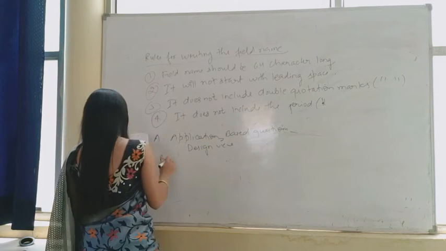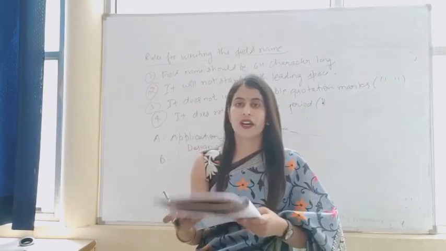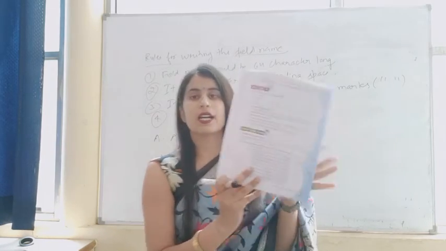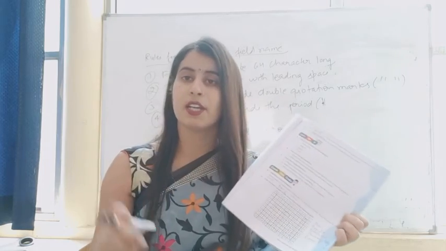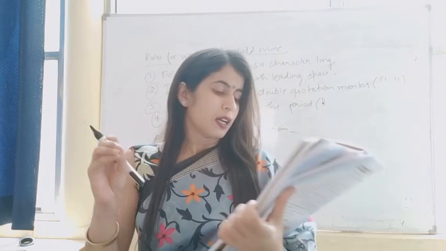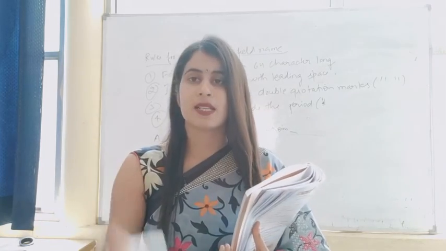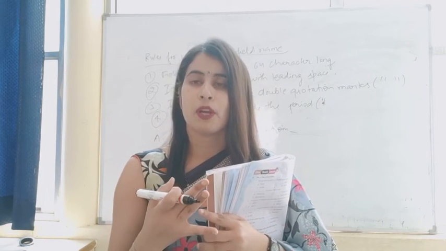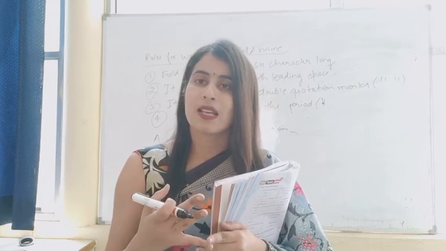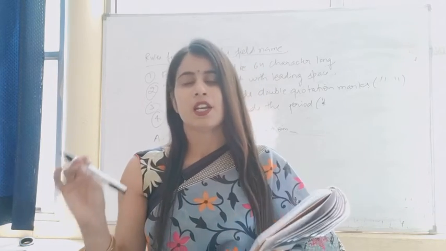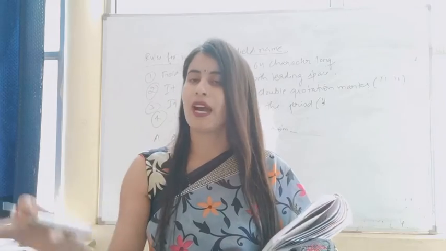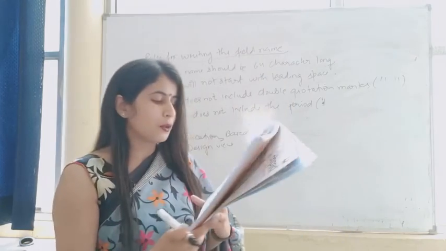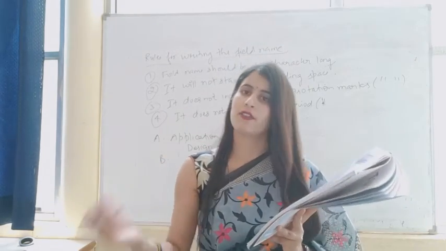Okay, now in the next part we have to find 6 terms related to MS Access 2010 in the following grid. Here a grid is given to you. Okay, in this grid you have to find out the terms that are related to MS Access. We know that there are many terms that are related to MS Access. They are query, form, report, sort, MS Access, primary key. Means there are many terms related to MS Access, and we have to find all these terms from this grid. Okay, so let's start it. I am giving you name of the terms and you will find it from the table.